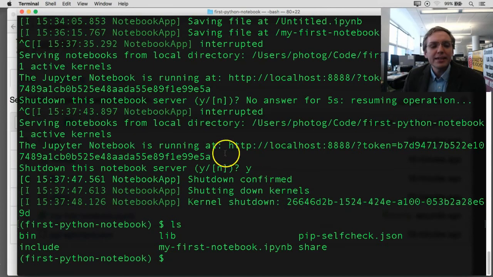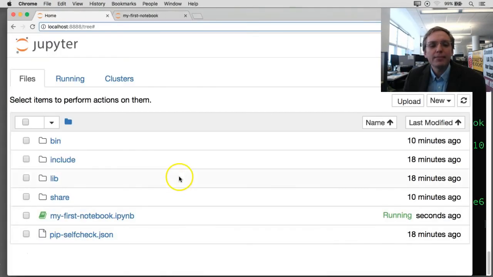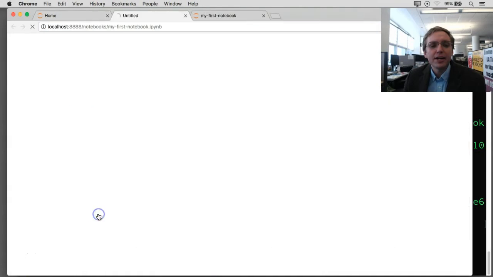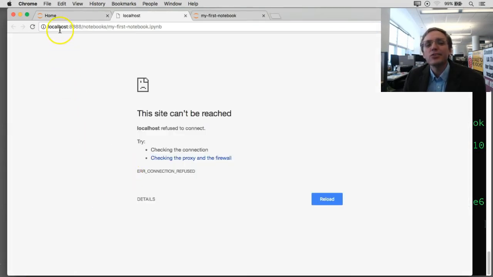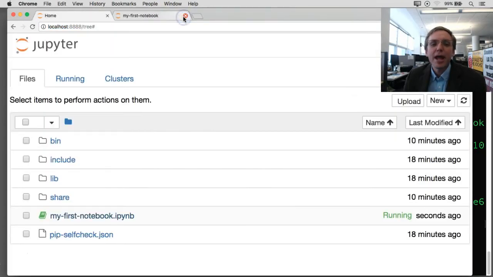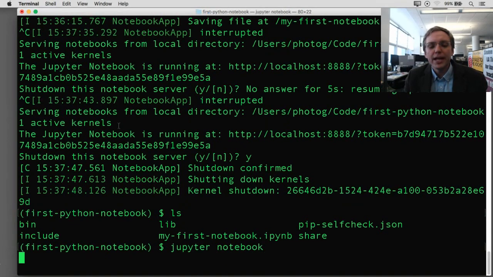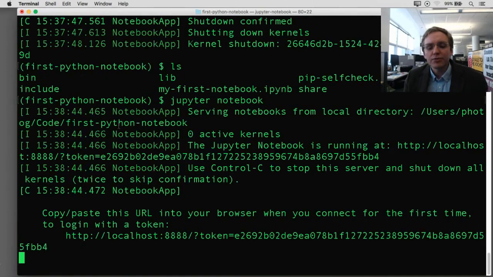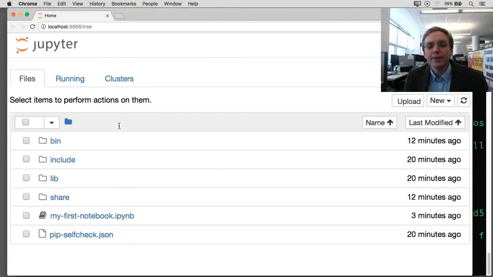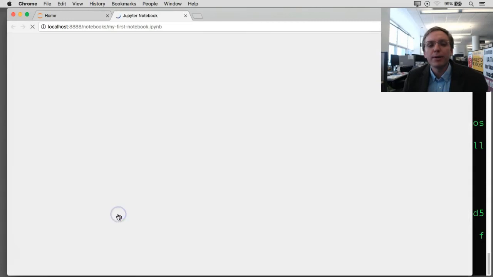But because I've stopped the server, if I go back to my browser and I try to access that file, I'm going to get an error. And that's because the localhost address on my machine, which was running after I had typed Jupyter Notebook, is now no longer running because I hit Control-C and killed it. And so to get back into my file, which I'm no longer able to access, I'll need to restart the server, which again I can type in by saying Jupyter space notebook, enter. We'll then reboot that server, and then my browser will reopen, and I'll be able to reopen and begin editing